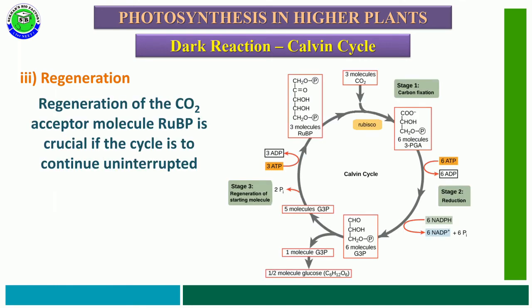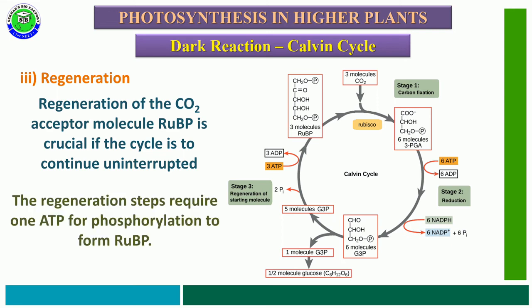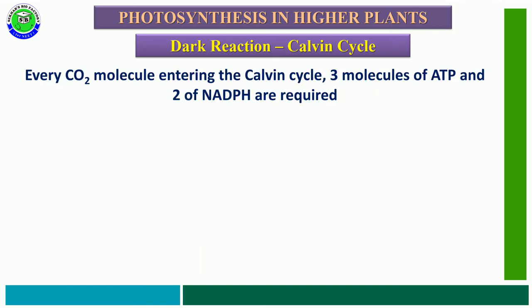In regeneration, the carbon dioxide acceptor is RuBP. It is very crucial if the cycle is to continue uninterrupted. The regeneration steps require ATP molecules for phosphorylation to form RuBP. At this time, out of 6 molecules of glyceraldehyde 3-phosphate, only 1 molecule is utilized for the synthesis of carbohydrates, but the remaining 5 molecules of glyceraldehyde 3-phosphate, by utilizing 3 ATP molecules, are regenerated into 3 molecules of RuBP or ribulose bisphosphate, and this process is called regeneration. And for every carbon dioxide molecule which enters the Calvin cycle,